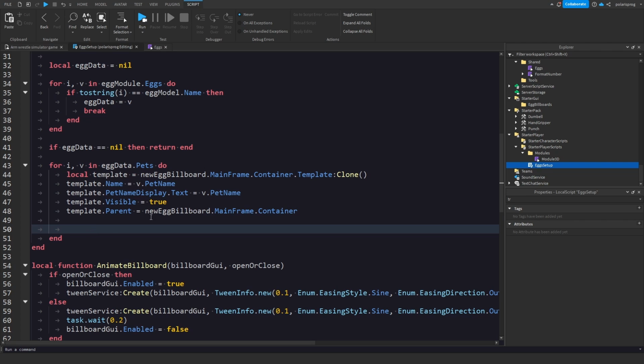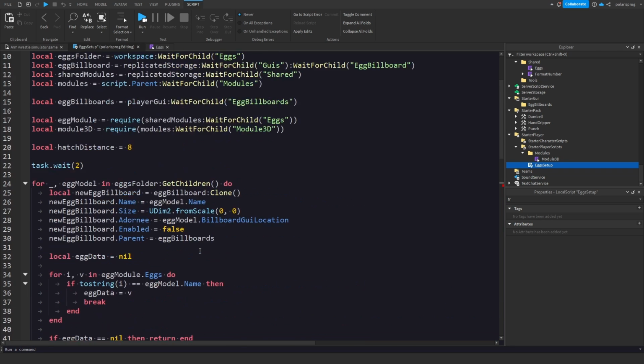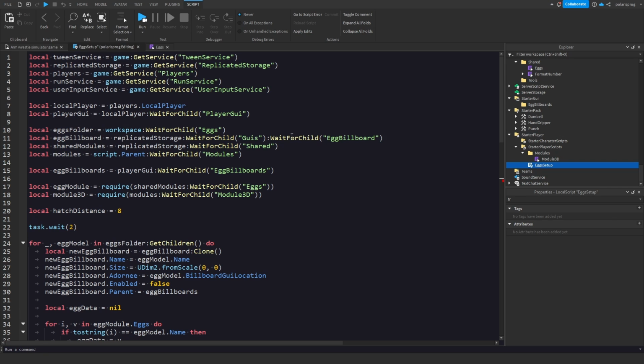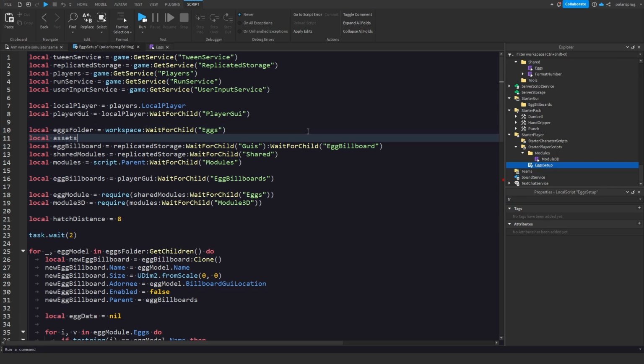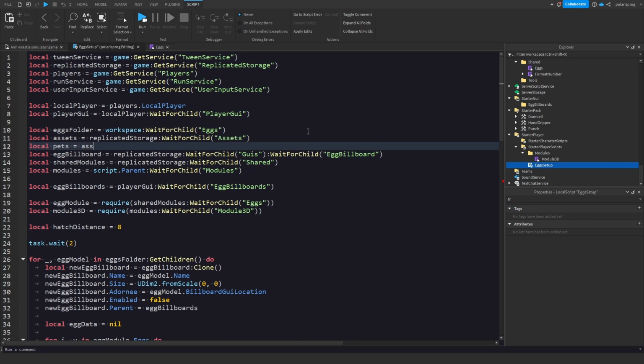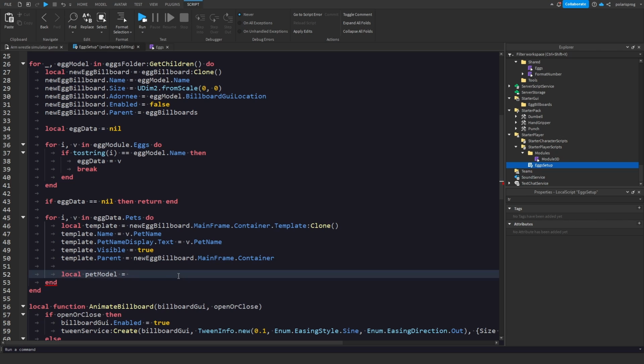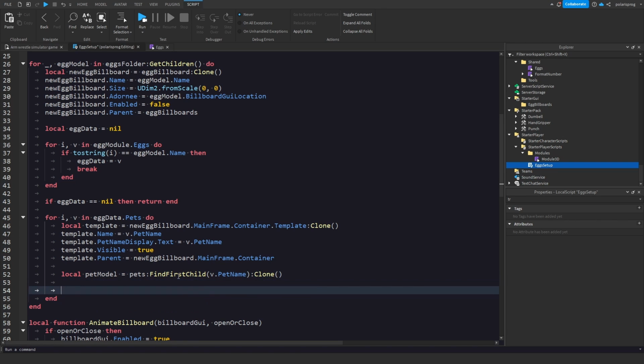Okay, so now that we have the pet models, what we need to do is actually get that pet model from the pet data. So local petModel is going to be equal to, let's get the pets folder. So local assets equals ReplicatedStorage:WaitForChild("Assets"), and local pets equals assets:WaitForChild("Pets"). Now that we have both of these folders, now we can just do pets:FindFirstChild(v.petName):Clone(). Make sure to clone it,